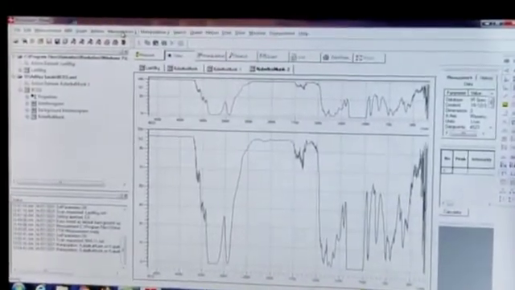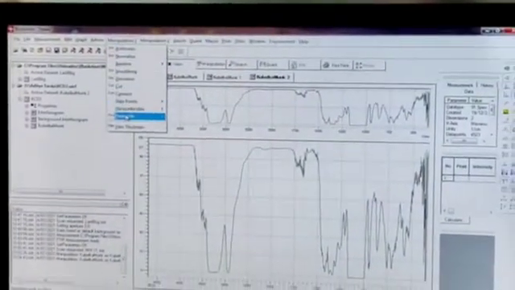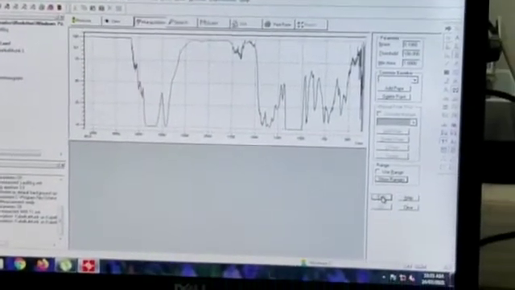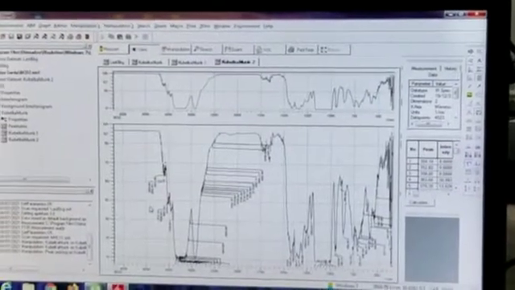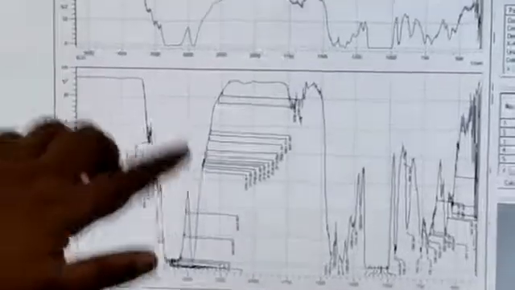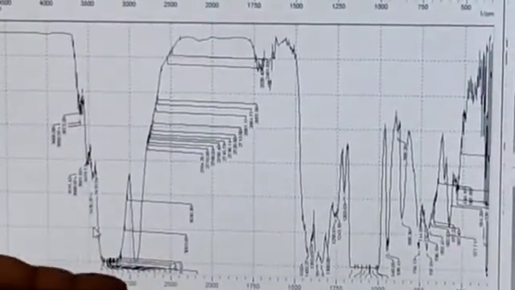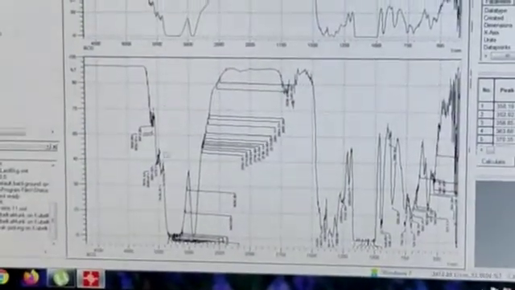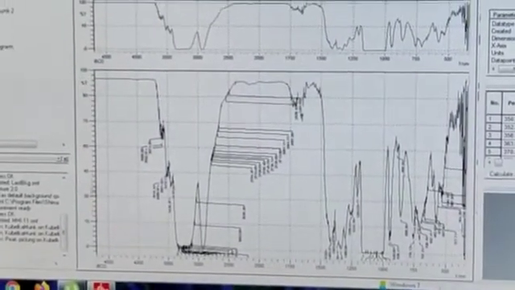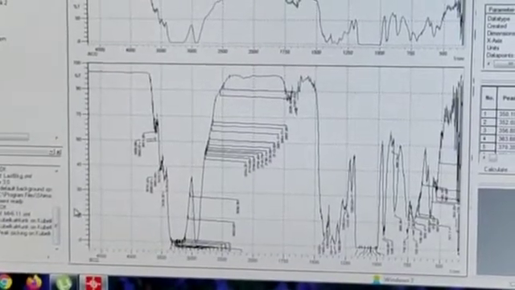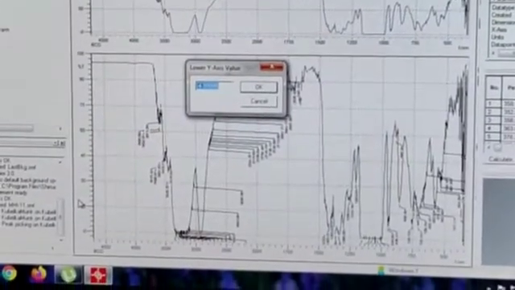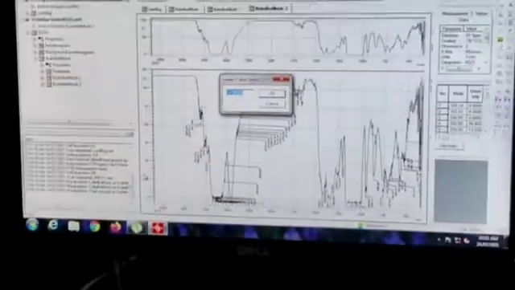After that, click on manipulation, then click on peak table, mainly to assign the peaks, then calculate, then OK. Once all the peaks are assigned, we have to take this graph to the upper position. For that, we have to adjust this graph. Click on the scale outside the box, and if it is showing -4, reduce it by 10 to set the axis.